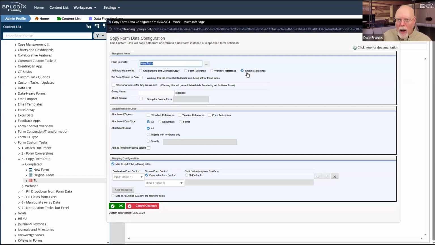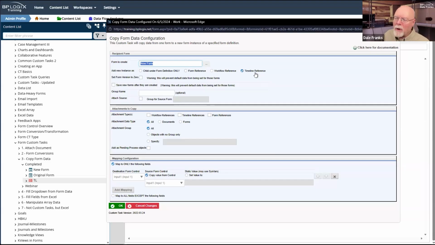This is also why on the attach form controls, the default is to attach document attachments to the process as well. Because if I open up the timeline instance, which is the process instance you'll most likely be using, I now have, from the timeline instance itself, access to the form and access to all of the document attachments that I've added to the form.